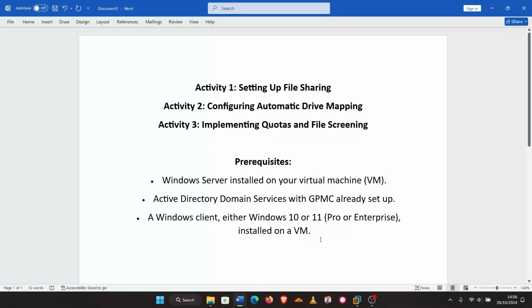In this video, we are going to set up our file services. We will be doing 3 activities, which are setting up file sharing, configuring automatic drive mapping, implementing quotas, and file screening. Before we dive in, please ensure you have the following ready: